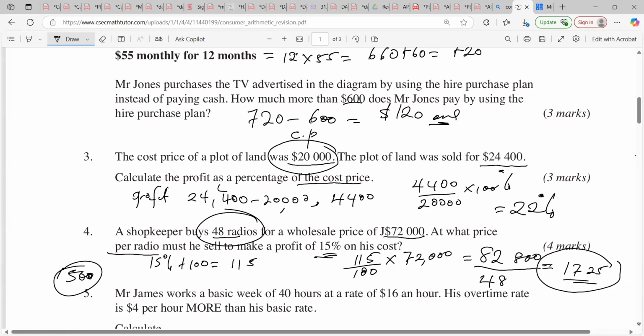So it's 225 profit on each radio. Not bad at all. And if you want, you could check it: 225 divided by 1,500 times 100 will give you the